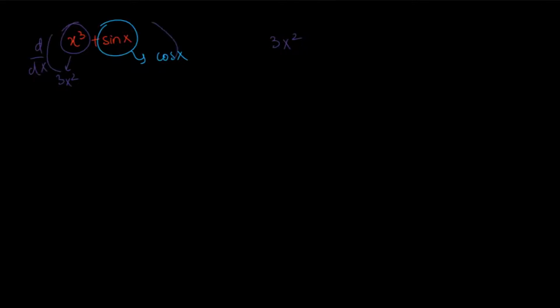When we want to differentiate a function like x cubed plus sine of x, we know what the derivative of x cubed is. We know what the derivative of sine of x is. That is cos of x, and for x cubed that will be 3x squared. And it is only intuitive to write the derivative of this function as 3x squared plus cos of x,